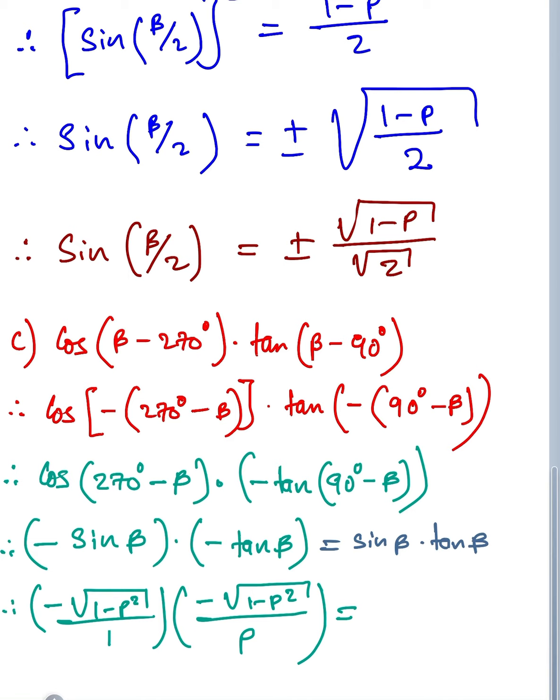Basically, you're going to have something beautiful, I guess. You're going to have 1 minus p all squared divided by p. So this is how you will evaluate that answer. If you want to simplify it further, you might leave it in this fashion. It's going to be 1 over p, and then